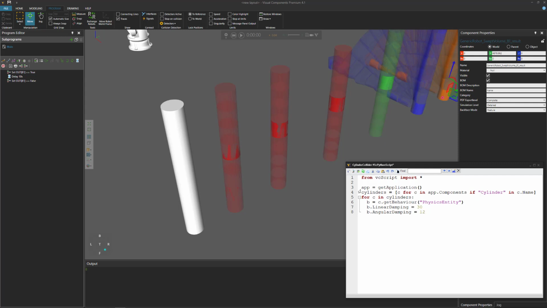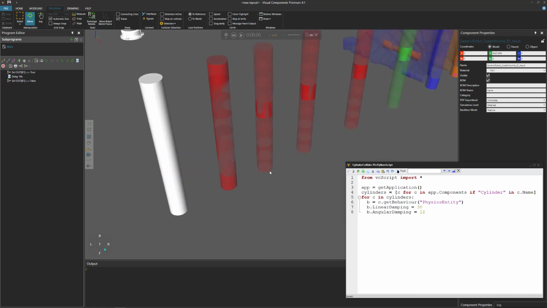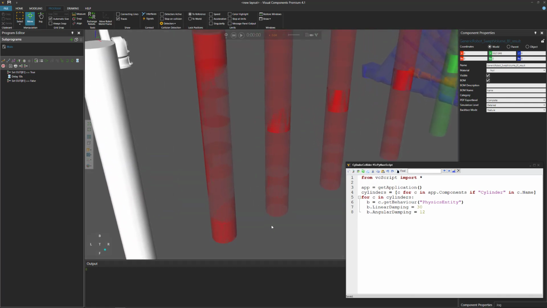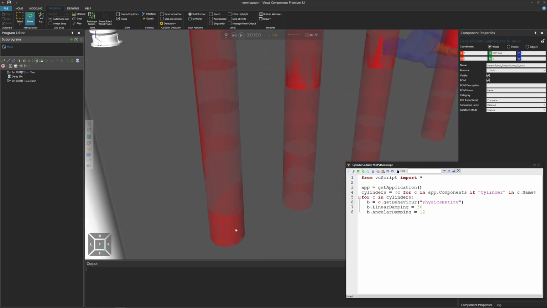12. Compile the code, run the simulation, and that time we got some movement in our stack. So after 10 seconds, let's reset, and then move it to the side. And this is actually interesting. It's good that we're using swept volume because we can see where a lot of the movement is coming from in the stack. So at the bottom there was some more stress here, so it was moving around a bit.